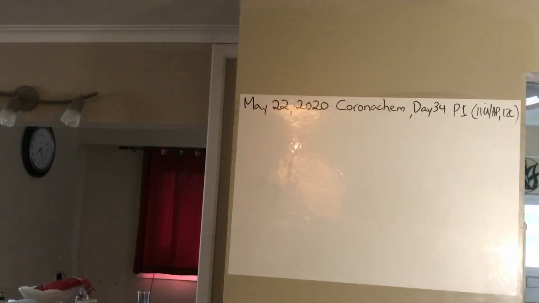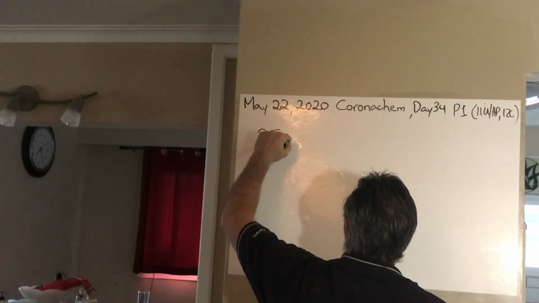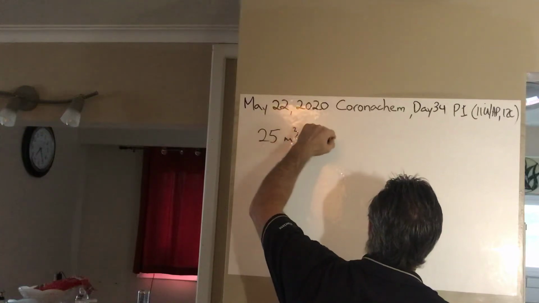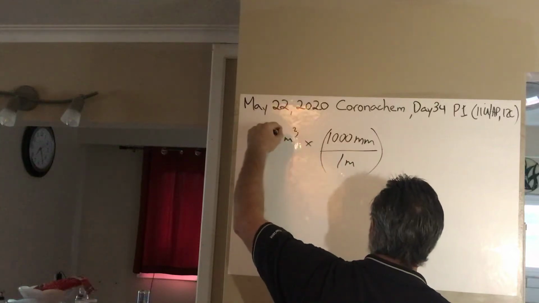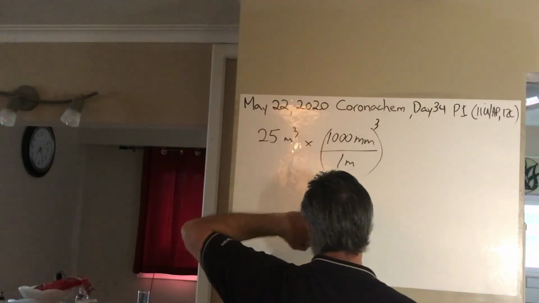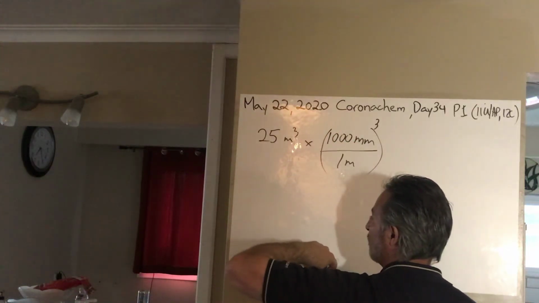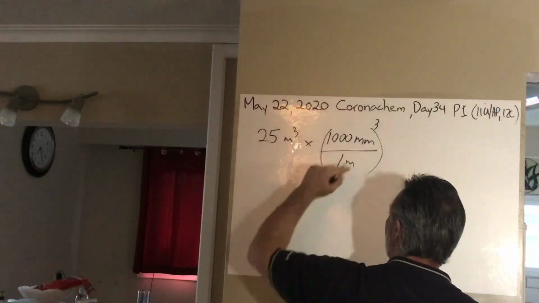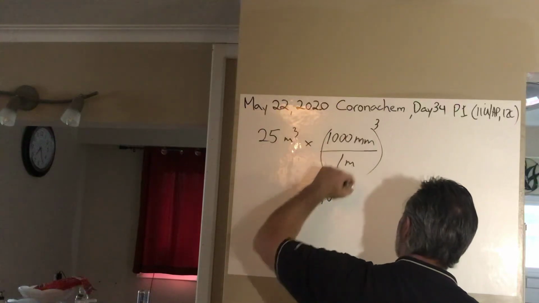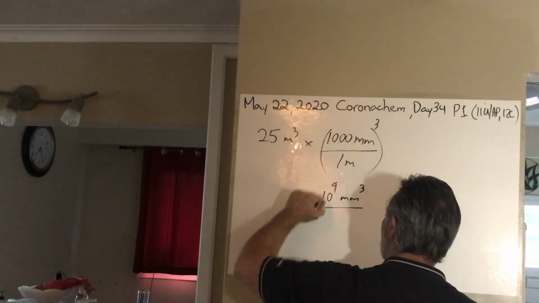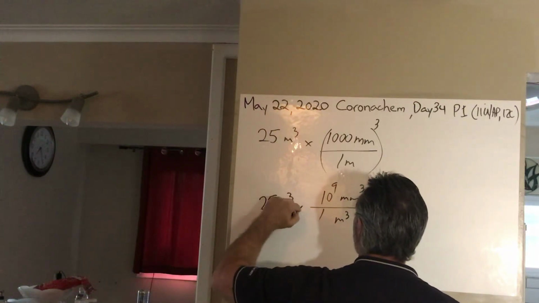The next one is to go to millimeters. 25 meters cubed, and you know there are 1,000 millimeters in every meter. But we're working in 3 dimensions because it's a volume, so we're going to raise that conversion factor to the power of 3. Another way of expressing 1,000 is to say 10 to the power of 3. So 10 to the power of 3 raised to the power of 3 turns into 10 to the power of 9. 10 to the power of 9 in millimeters cubed. 1 cubed is still 1. Meters cubed is m to the power of 3. So 25 meters cubed times this conversion factor